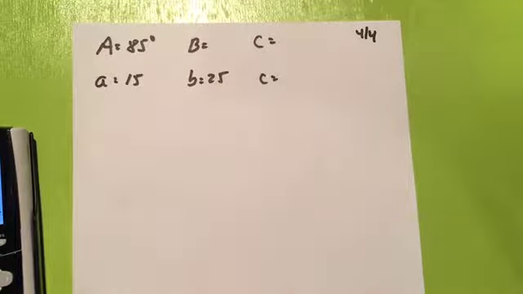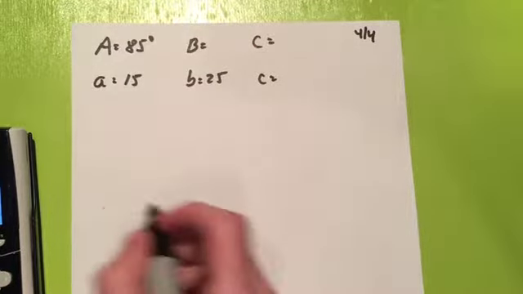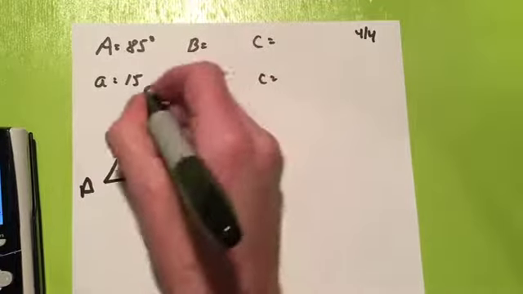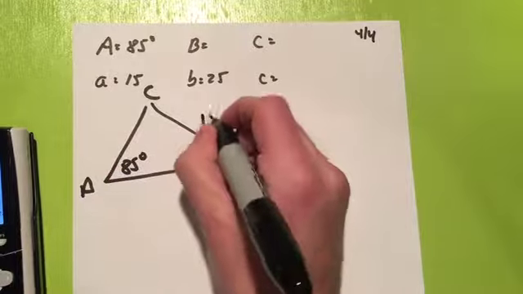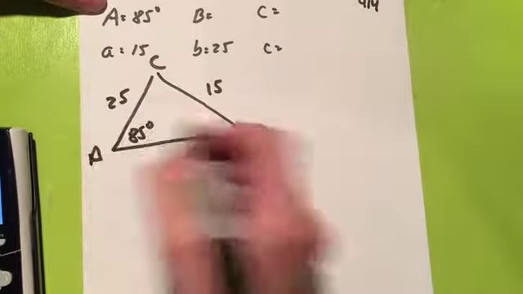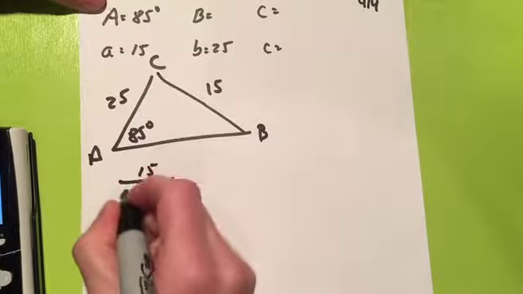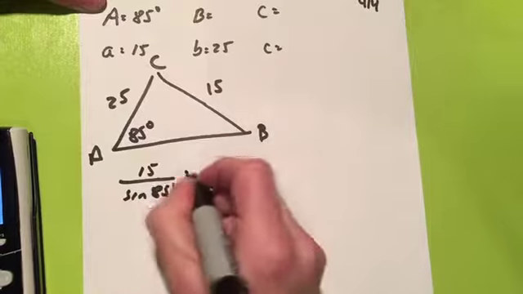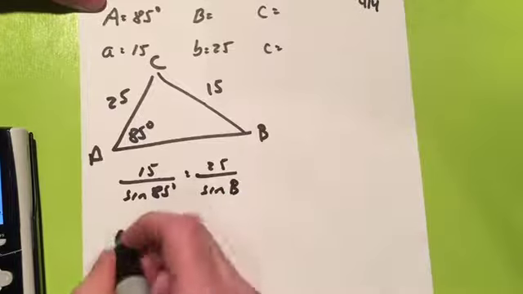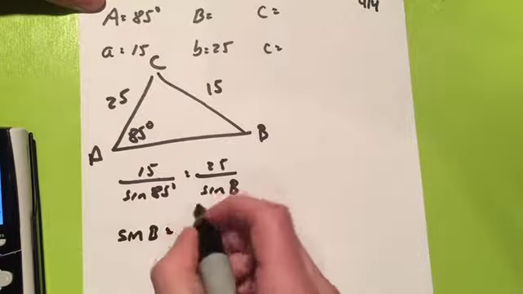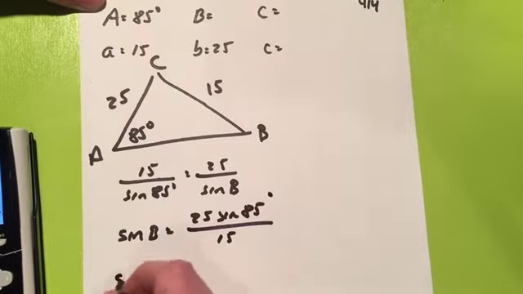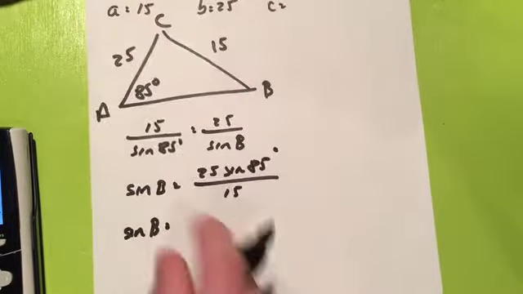One more example. So, final possibility, side-side-angle. We've got A, B, C, we've got 85 degrees, a side length of 15, and we've got a side length of 25. Let's go through, set up, find angle B. We've got 15 over sine of 85 equals 25 over sine of B. Gives us sine B is 25 sine 85 over 15. Sine of B, plug that in the calculator,